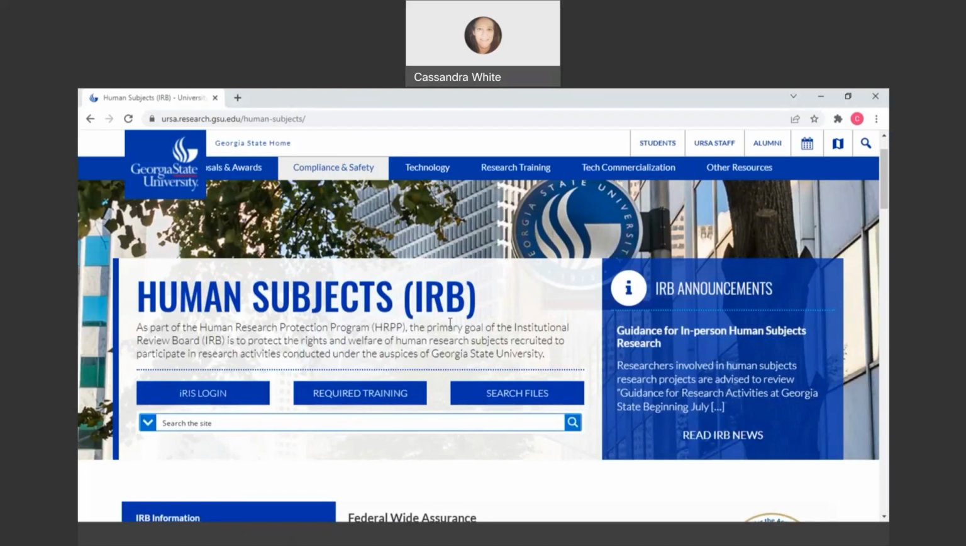Usually I start by Googling just to get to the page, like I Google IRIS login or IRIS GSU IRB, and you'll be able to find it. But this is actually the website, ursa.research.gsu.edu/human subjects. You want to click on IRIS login and